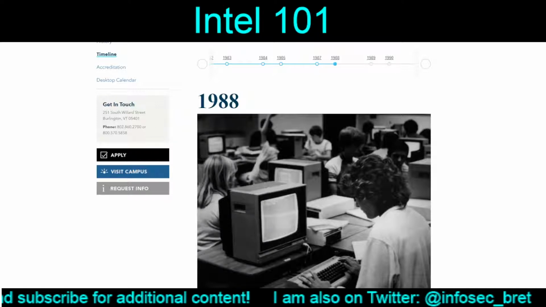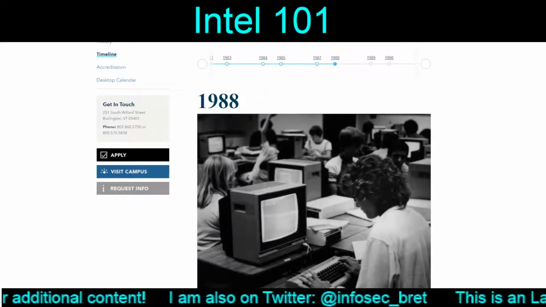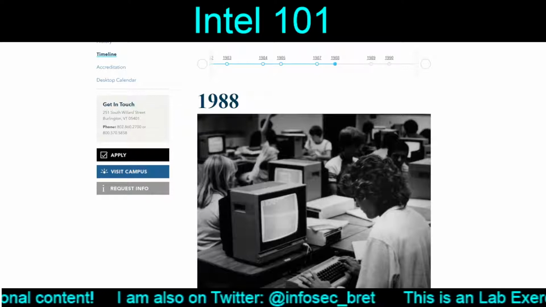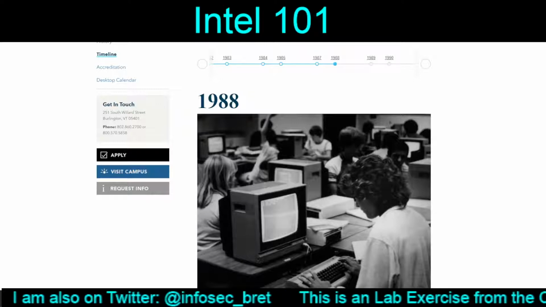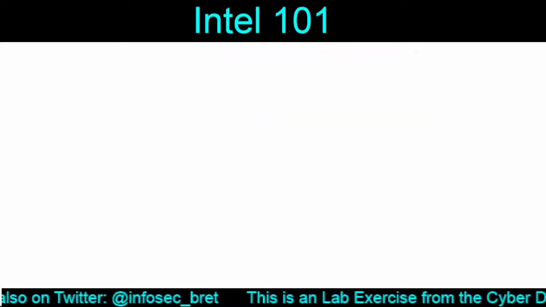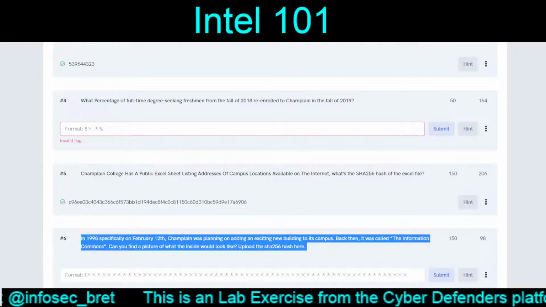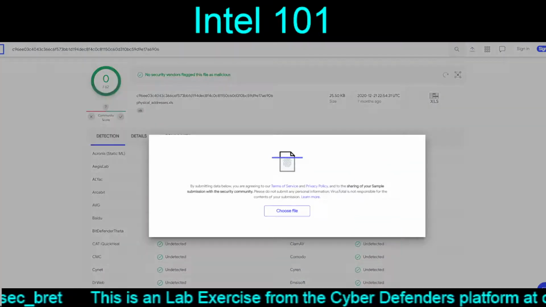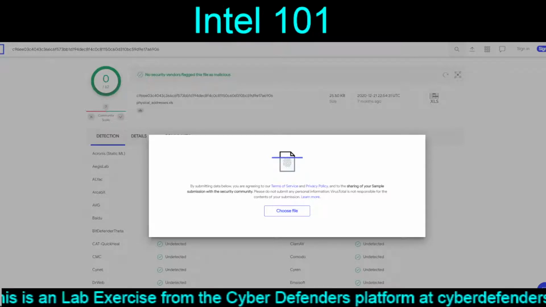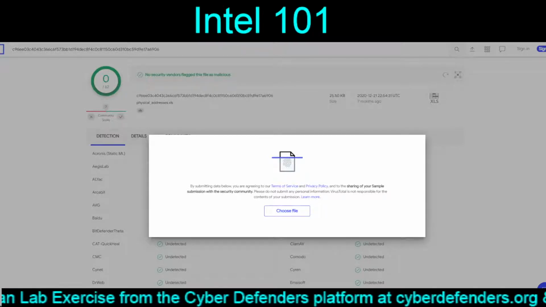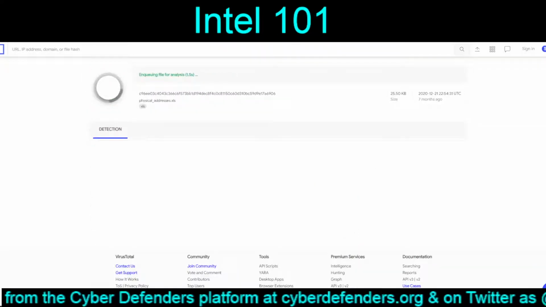Well, I'm going to try just taking off that image and see what happens, because they are indeed looking for the SHA-256 hash. I have no idea if that's actually going to be it. What does the hint look like? Should be a hash value that starts with an F. So let's go ahead and upload the image that I just pulled. 1988, and we will see whether or not